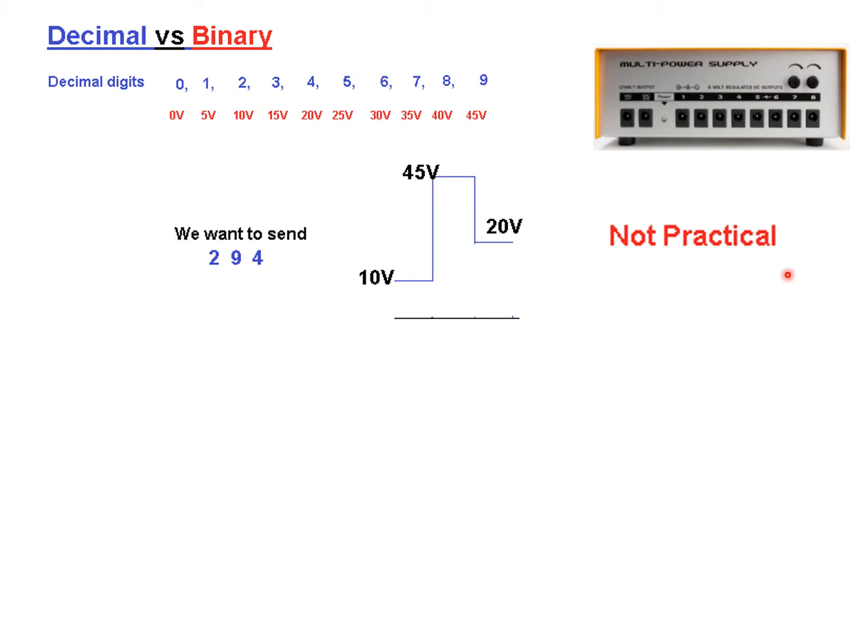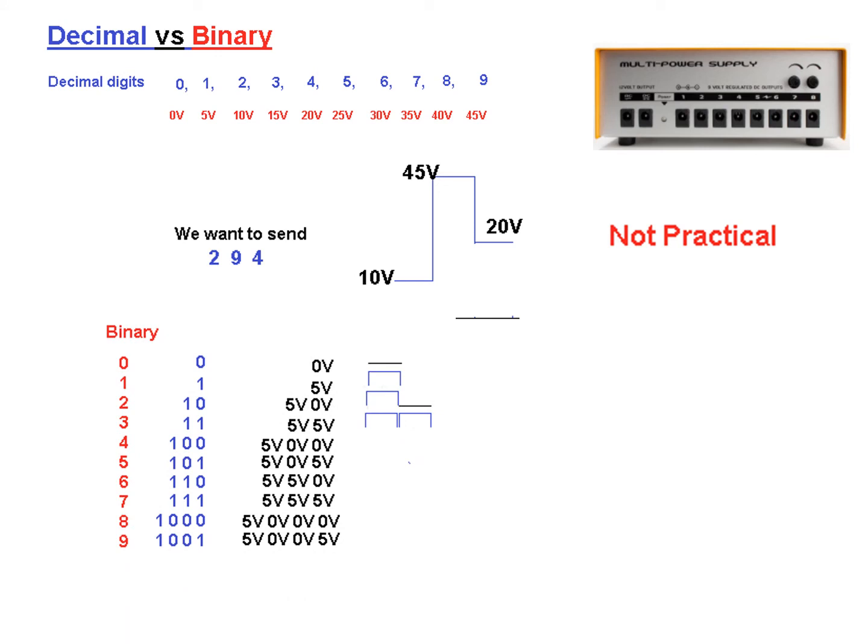So the scientists came up with the binary number idea. As we had just seen, binary numbers are represented like this: for decimal 0 we have 0, for decimal 1 we have 1, but for decimal 2 we have 1 0 and then 1 1, and this way we can progress. Now if we represent as we did here, for 0 we use 0 volt, but for 1 we use 5 volt. There is nothing more than 1 in this, and therefore we will only be playing with 5 volt and 0 volt. And if you see it graphically,